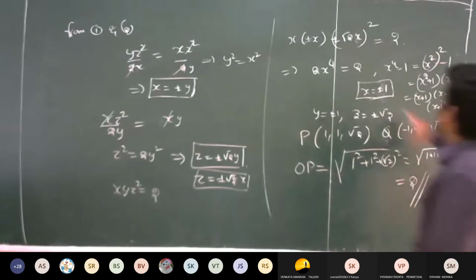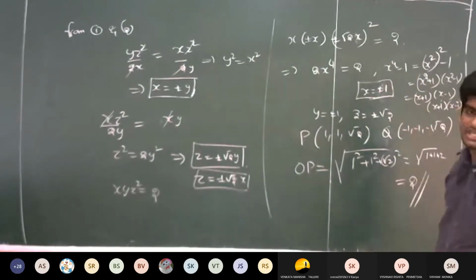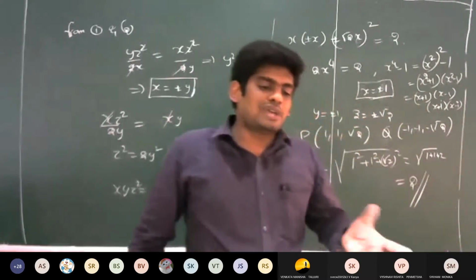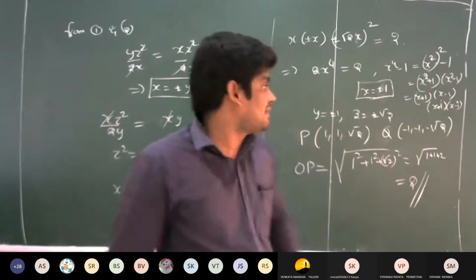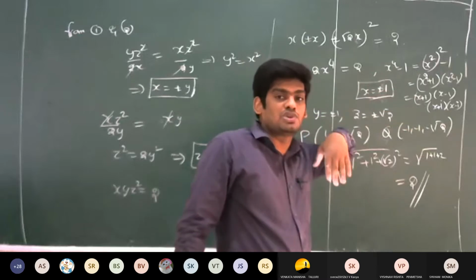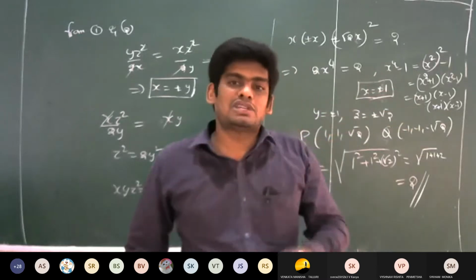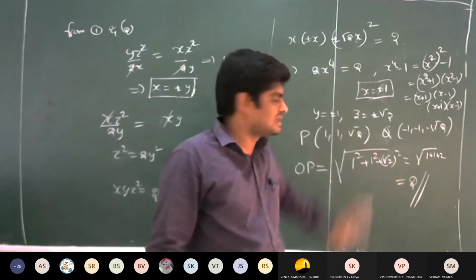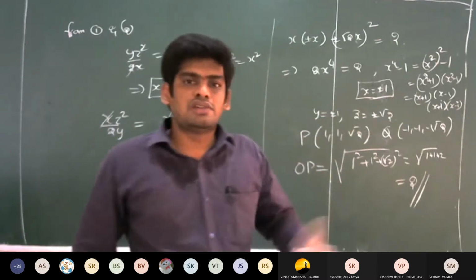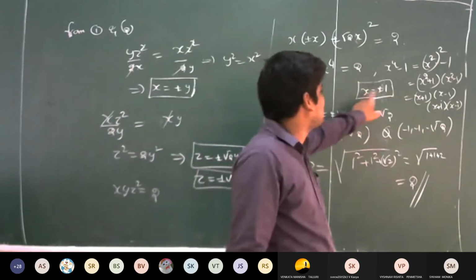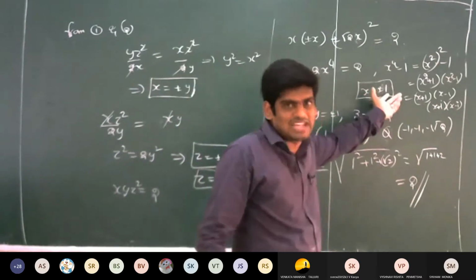So here we are getting the value x power 4 is equal to 1. So from that we are going to calculate the values of x. That means what are the values of x which satisfy the condition x power 4 is equal to 1. That means plus or minus 1 comma plus or minus i. So you can take i comma minus i also, then you will get another value. But I consider the values x is equal to plus or minus 1, that is the real values.